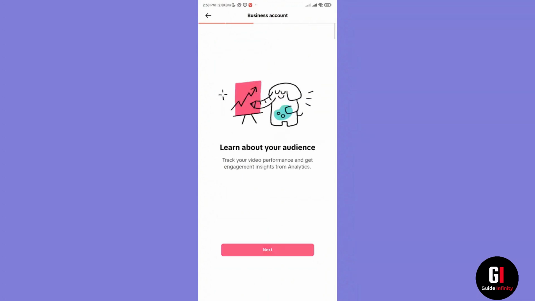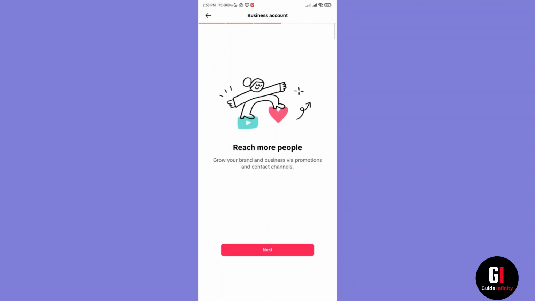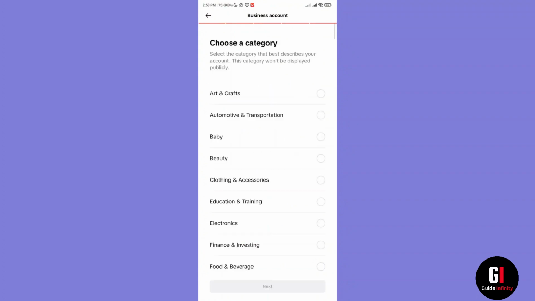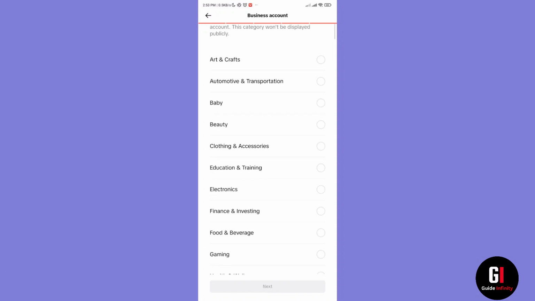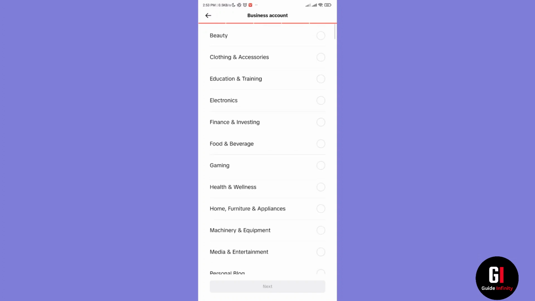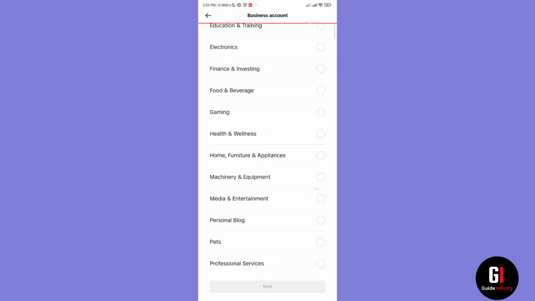Now as it's creating the business account, it's going to take you through a few pages that you just need to click through, and it lets you know the benefits of having a business account. If you just click next, then you'll get to choose a category. So choose something that's relevant to the business you're setting up, or relevant to what you're going to be doing on TikTok. In our case, I'm going to select media and entertainment for the purposes of this video,